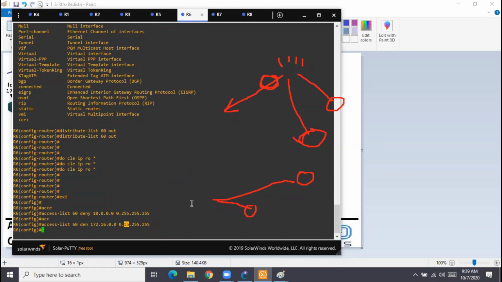From 16 to 31, it is how much? 31 minus 16 is 15, so straight away put 15. 2 raised to 4 is 16, and 16 minus 1 is 15. I can't put 14, 17, or 18. Any number cannot be specified. Only powers of 2 or 1 less than the powers of 2 can be specified in the wildcard mask.